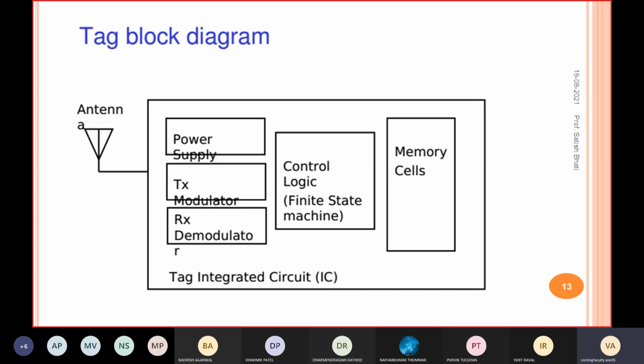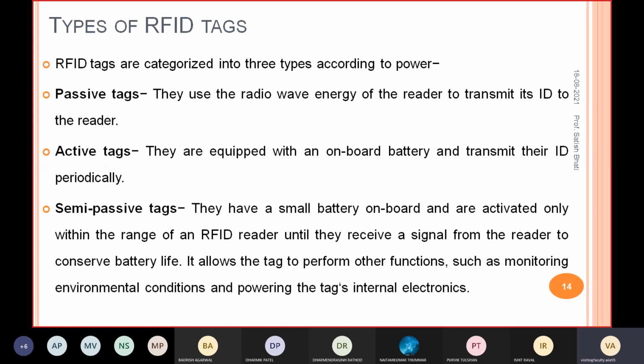So this is one kind of tag, and the tag is in the form of an IC. IC means integrated circuit, right? When you see the tag, you will not find all these things separate, right? These are all combined. You will just see a kind of electric circuit. So if we specifically talk about RFID, we'll talk about the main three components as we discussed. One is tag, second is reader, and third is middleware. So let's see one by one.